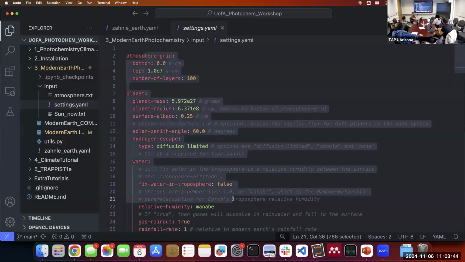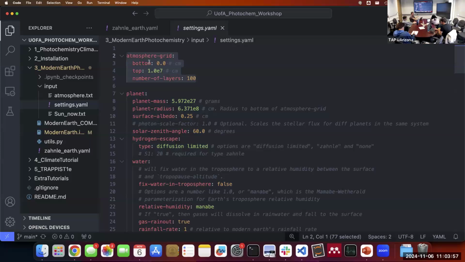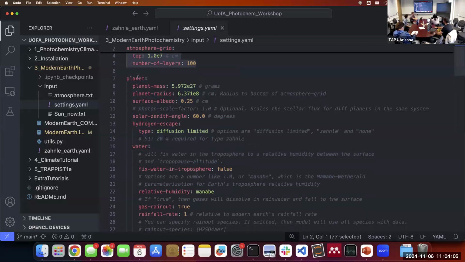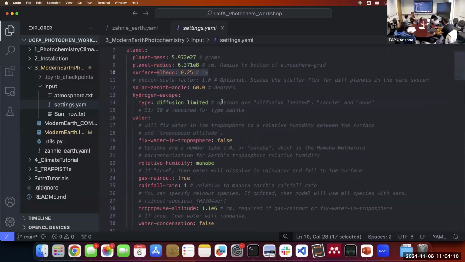A lot of this is not going to be relevant for gas-rich planets, so you can probably ignore it because this settings stuff is totally abstracted out when we get to gas giants. But for rocky planets, these settings make a lot more sense. So you have a bottom of the atmosphere and the top of the atmosphere in kilometers, the number of vertical layers that you're computing chemistry with, planet mass and planet radius, surface albedo, a solar zenith angle that you're computing UV radiative transfer for photolysis rates,